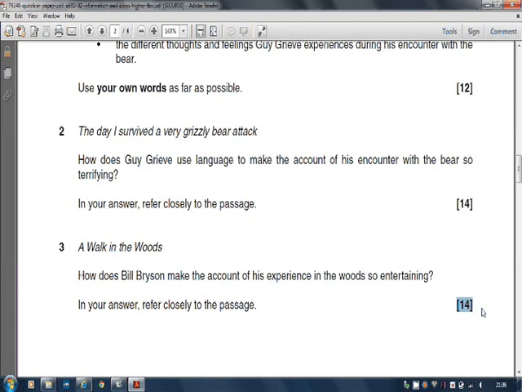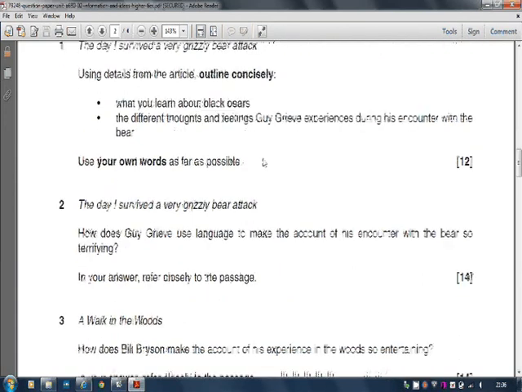What would I do in those 3 minutes? Well, I'd have a look and see if my explanations are full enough for question 3. Have I made enough explanation about it being entertaining? In question 2, have I made enough explanation about it being terrifying? And in question 1, you'll remember that I need to make about 12 points, and so I'd simply see if I've made all 12, and then I'd double check that I'd written some kind of overview.